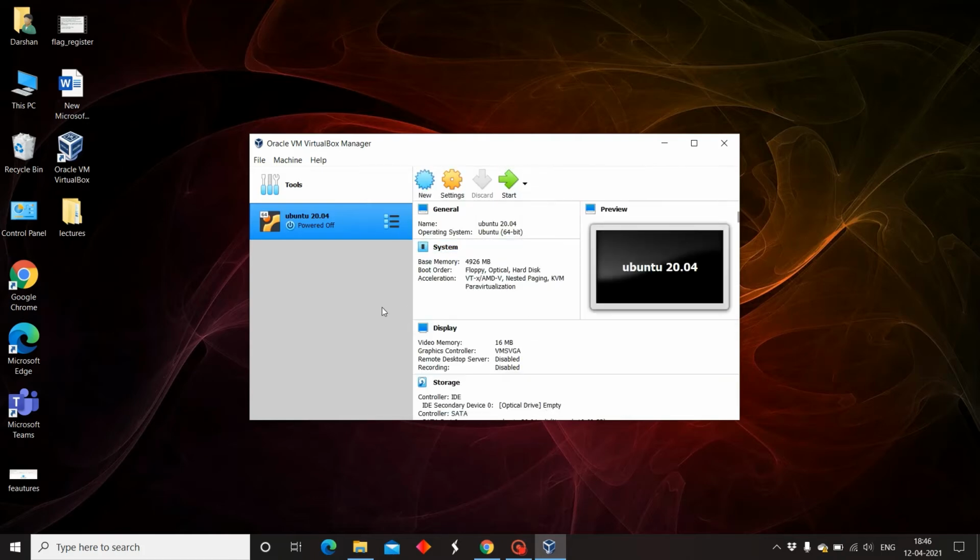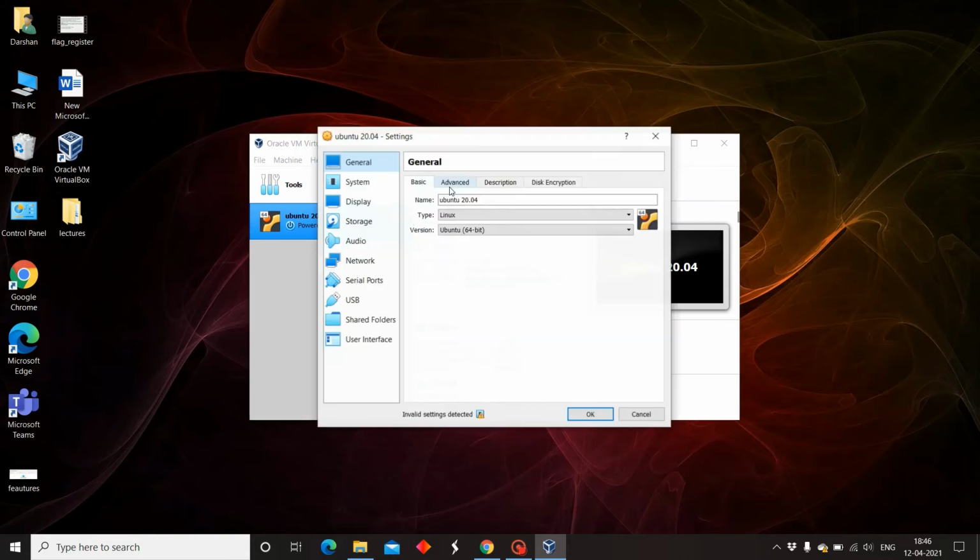Once you are done with it, don't click on start. Just go to settings. You need to modify some things here. Okay, these are the things you chose earlier. Then go to advanced. In advanced, set it to bidirectional.